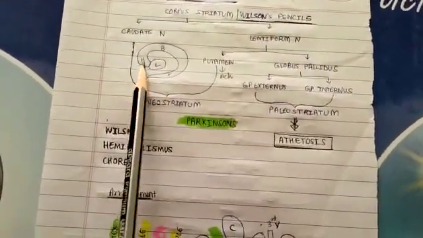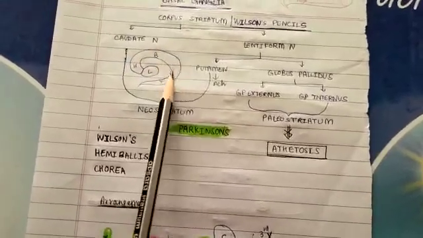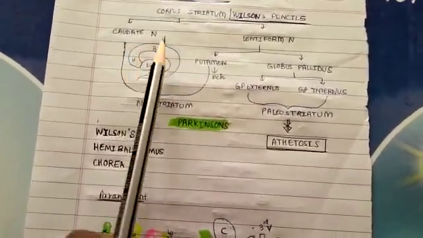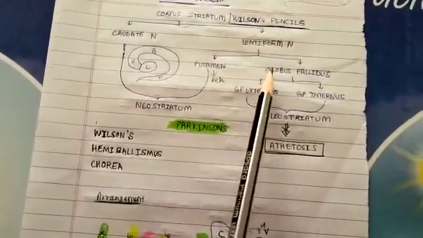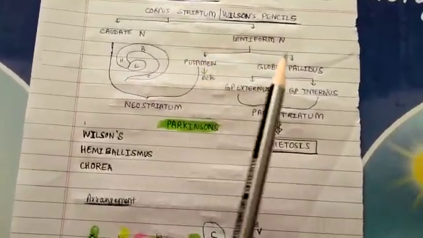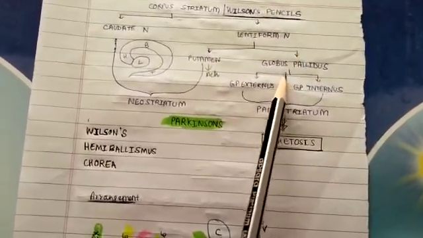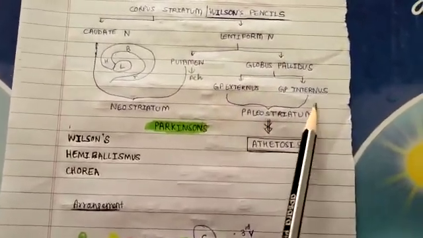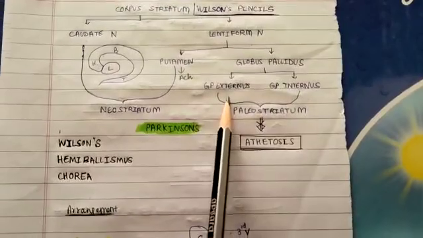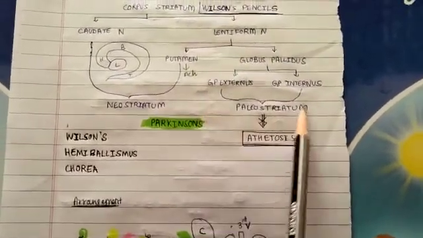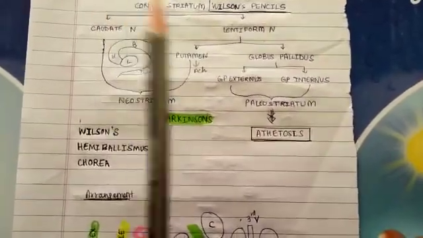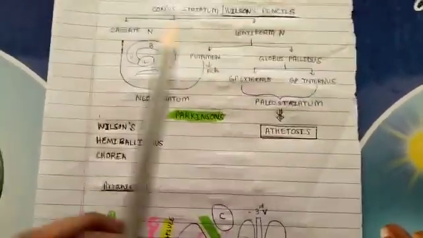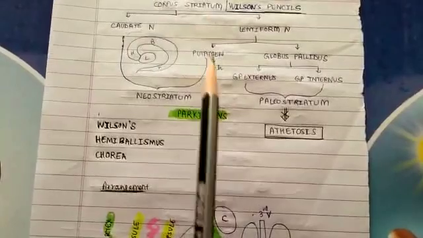Caudate nucleus is this thing which you are seeing, the big thing. This is caudate, which contains head, body and tail. This is lentiform nucleus. Lentiform nucleus is again divided into putamen and globus pallidus. Globus pallidus has two parts, globus pallidus internus and externus. This globus pallidus together is called paleostriatum or simply pallidum, whereas caudate nucleus and putamen together